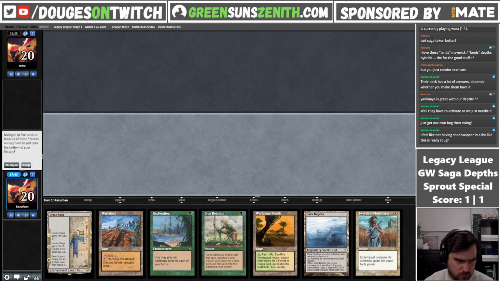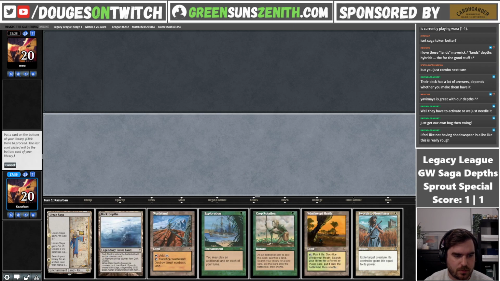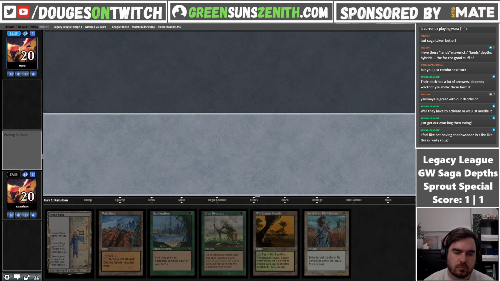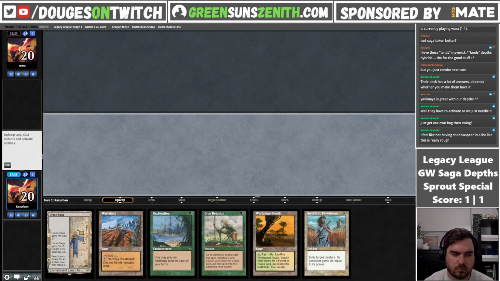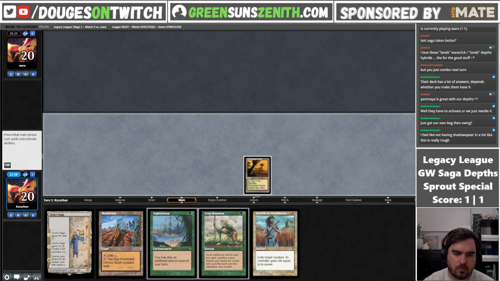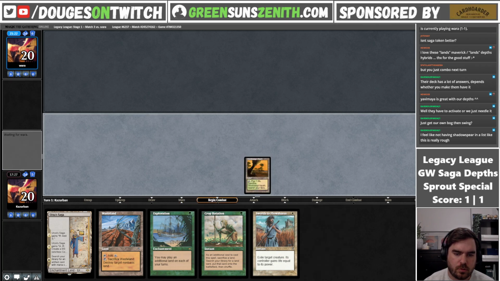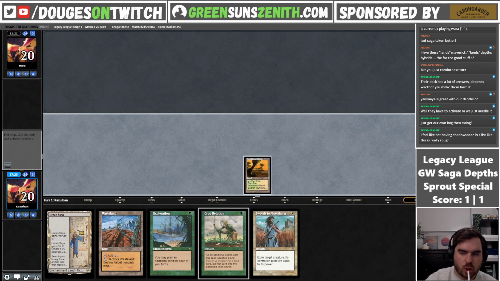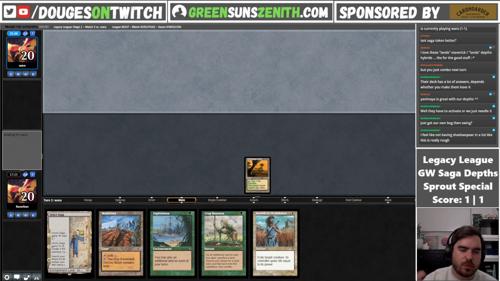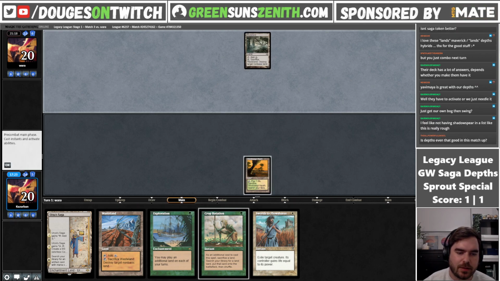Keep. Depths is... I think we just bottom the Depths. Keep and bottom Depths. And just hold up turn 1 Swords or Crop. I don't want to play Exploration and then lose either land to